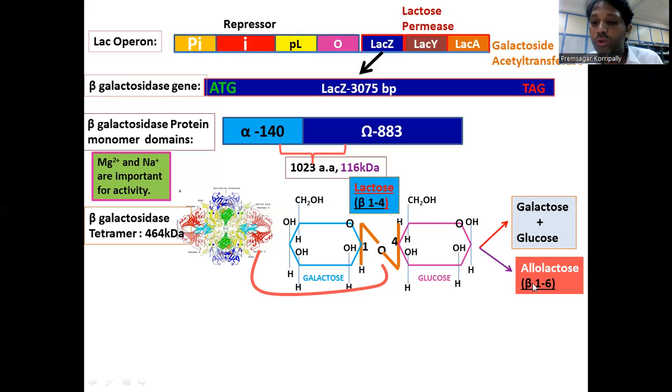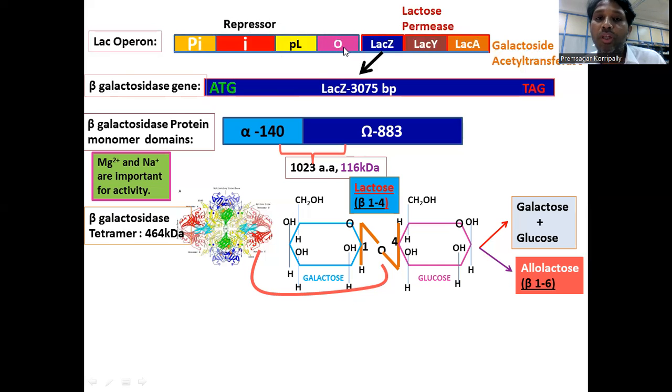This yellow lactose binds to the repressor protein, and it will become inactive. The repressor can bind to the operator as well as the yellow lactose. So whenever yellow lactose is formed by the beta galactosidase, this yellow lactose binds to the repressor and will inactivate the repressor. At the same time,